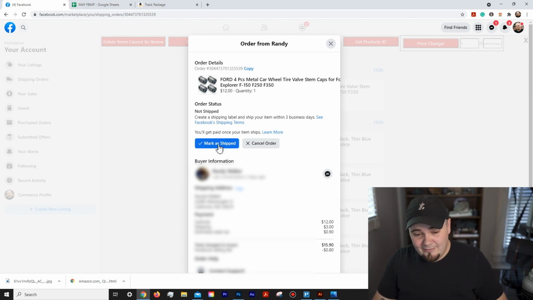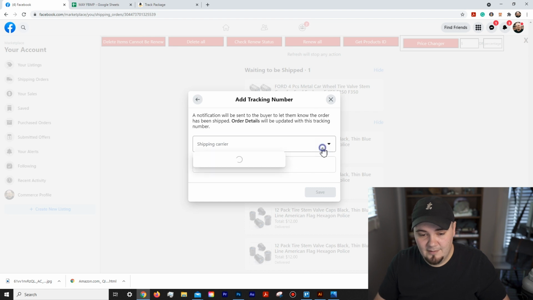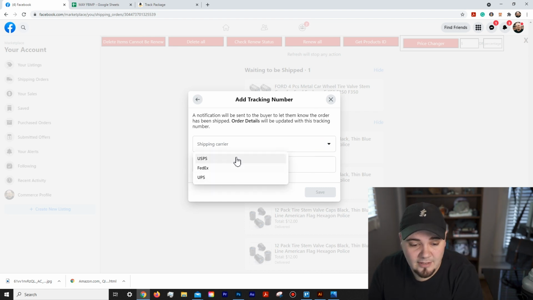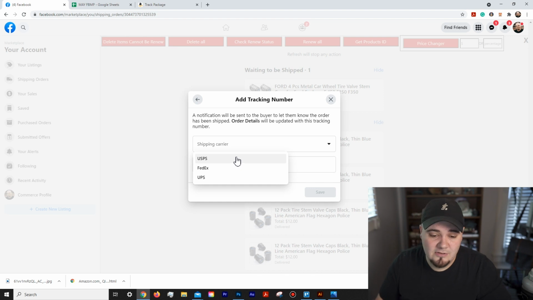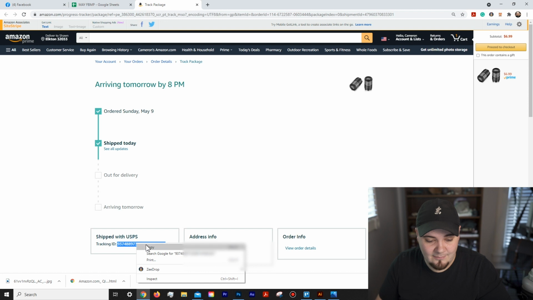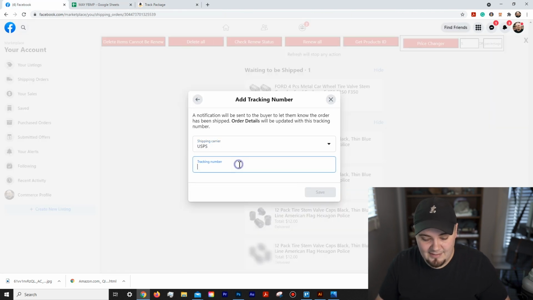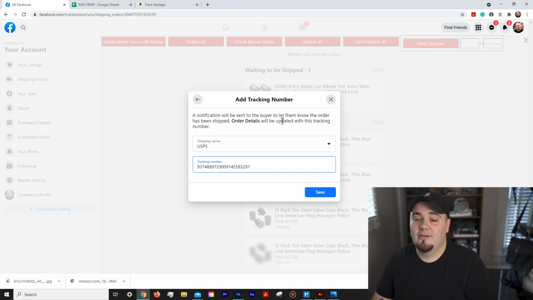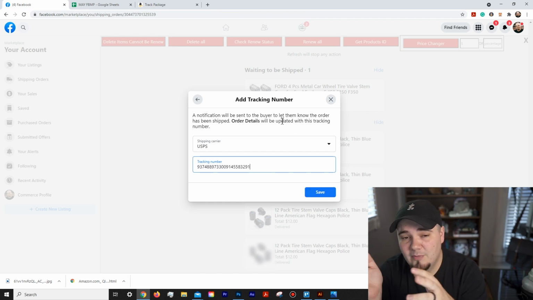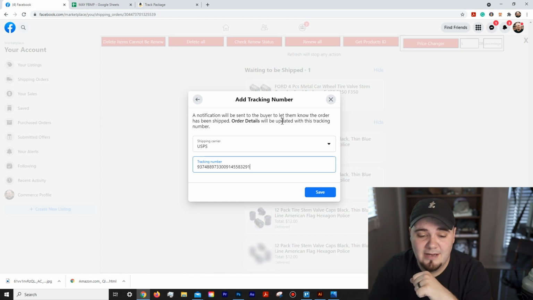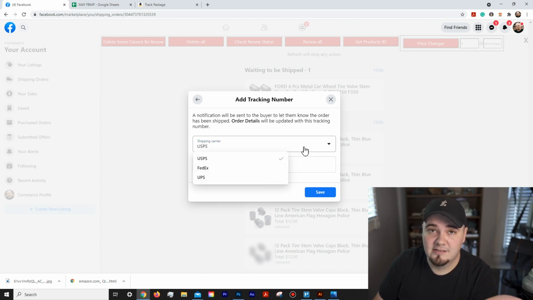But now that we have the shipping tracking number, we will hit this button. Some people don't realize this is a button. Mark as shipped. Sweet. You have to choose a shipping carrier. Now, Facebook only likes you to use USPS, FedEx, or UPS. Luckily, this person used USPS, so I'm going to select USPS and input my tracking number. Now, if you order something off Amazon or even Walmart or anything, and they don't use one of those main 3 shipping carriers that are listed on the screen,